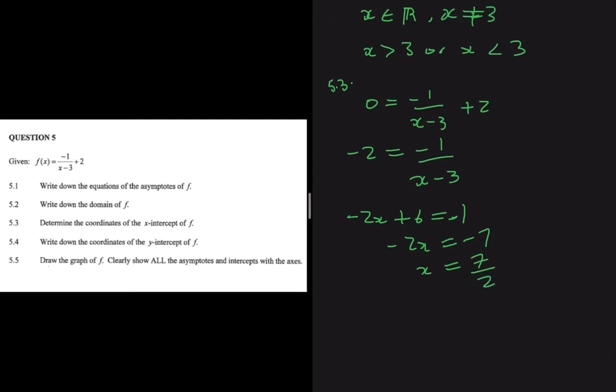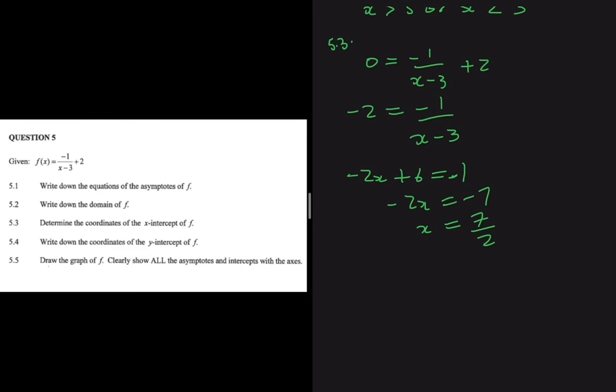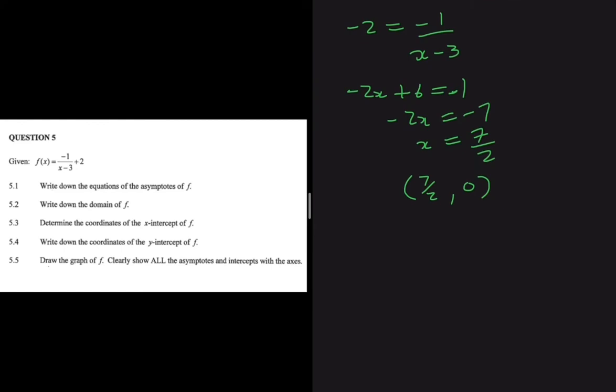That's the x-intercept, and the point is, the x value is 7 divided by 2, and then the y is 0, right? Because at the x-intercept, y is equal to 0. That's what we assumed when we were calculating x. The next question,